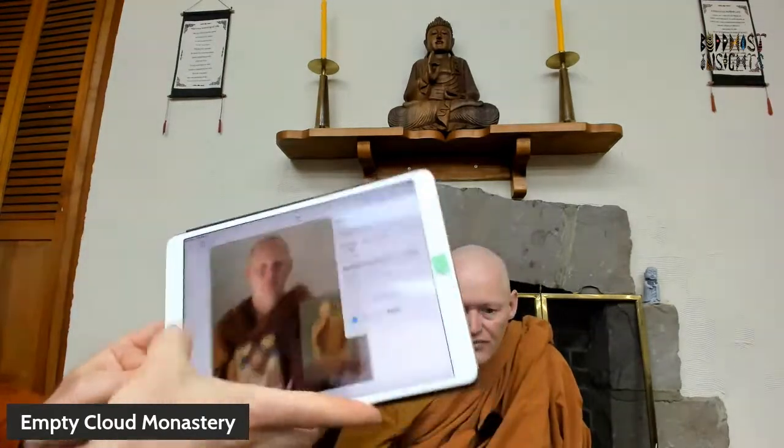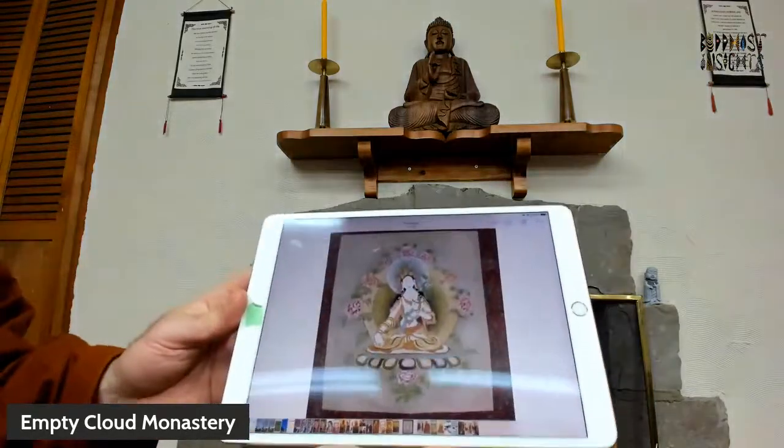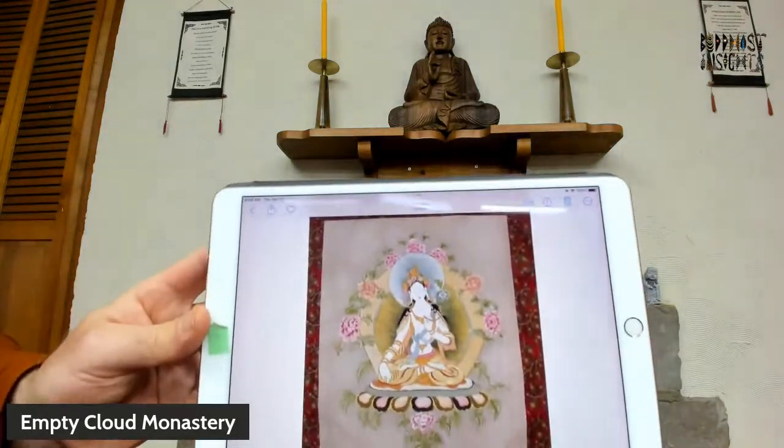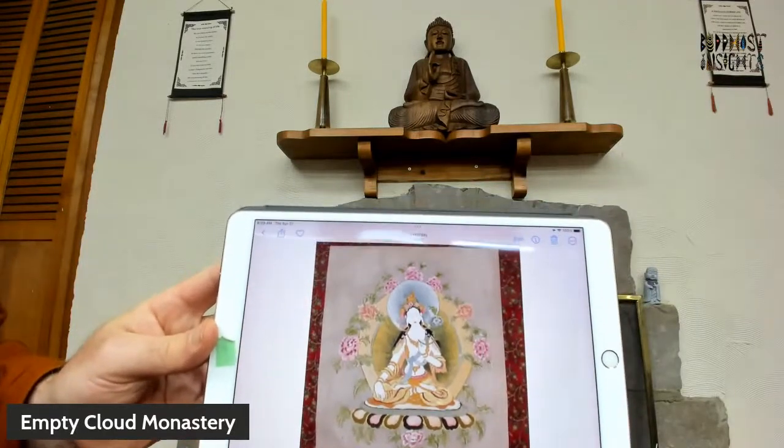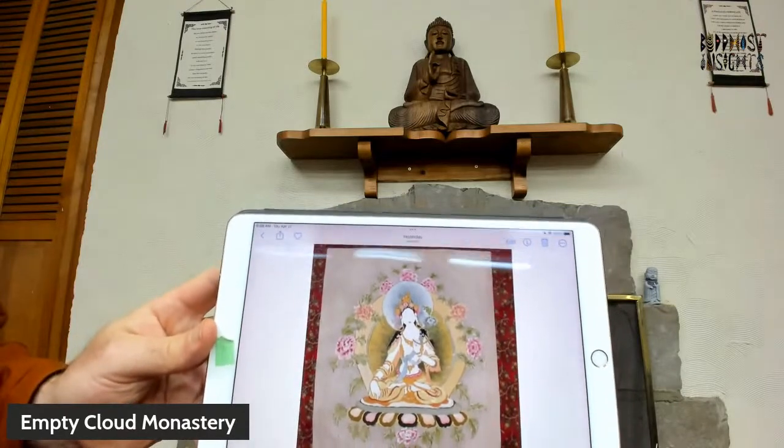Let's see. I was actually kind of the last one there, but then this one. And as I was doing these still really cheap fabric paints, this was one I did of white Tara. So, yeah, this particular painting here of white Tara, I'm trying to think which painting this happened with.